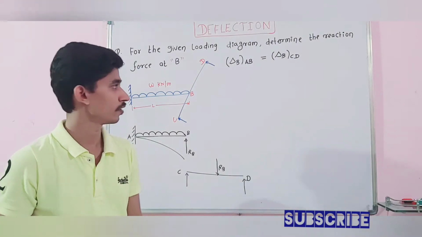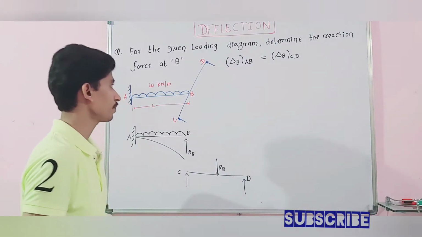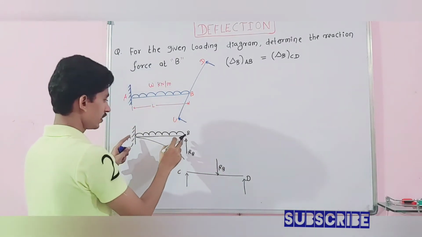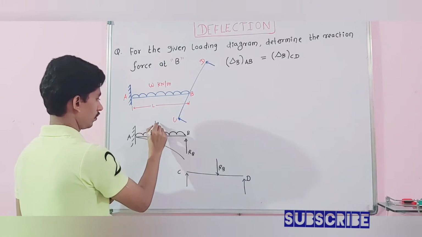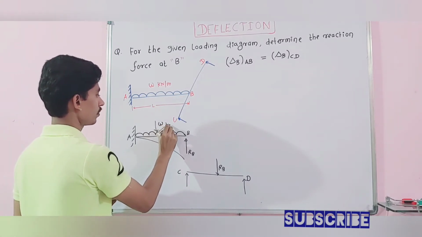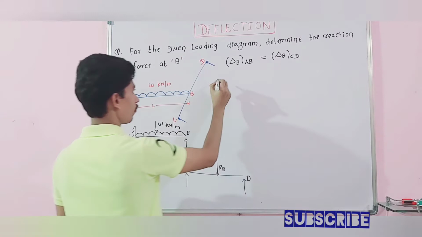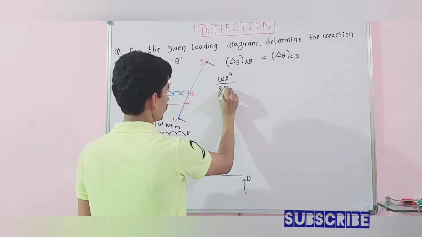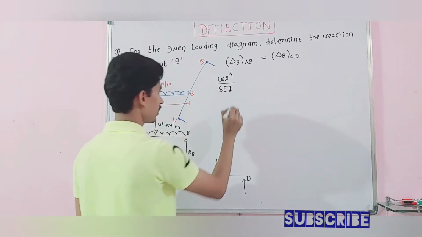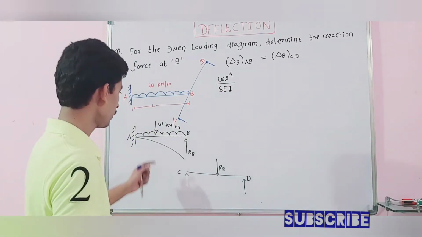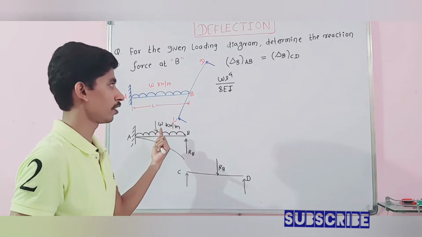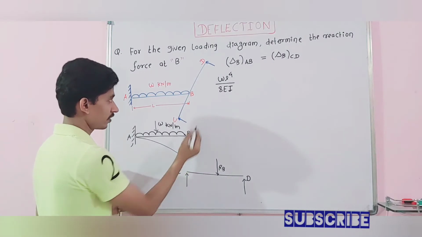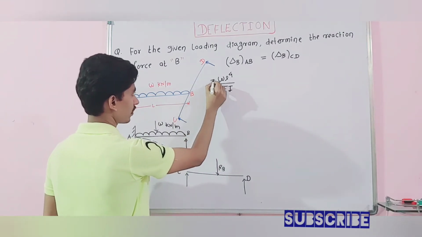So we can say the deflection at AB and the deflection at CD difference is equal to 0. Yes, so let's find out the deflection at AB. Due to this W, acting in kilonewton per meter, what is my deflection? WL raised to 4 upon 8EI. This is a similar concept as we have seen in the previous problem. For a uniformly distributed load, the deflection is WL raised to 4 by 8EI, and this is acting downward, so that's why here it is a minus sign.